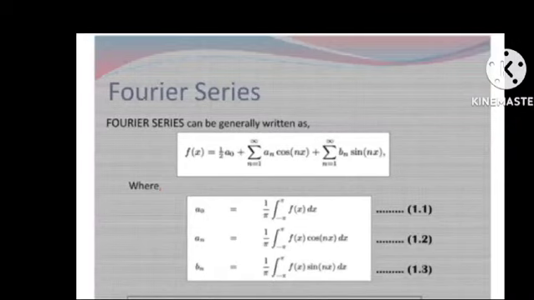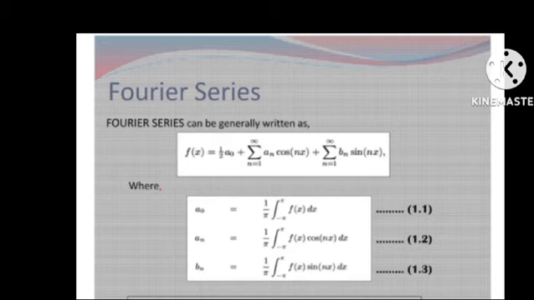Fourier even and odd function. First, we will recall the Fourier series general formula. Fourier series can be generally written as f of x is equal to 1 by 2 a naught plus summation n is equal to 1 to infinity a_n cos nx plus summation of n is equal to 1 to infinity